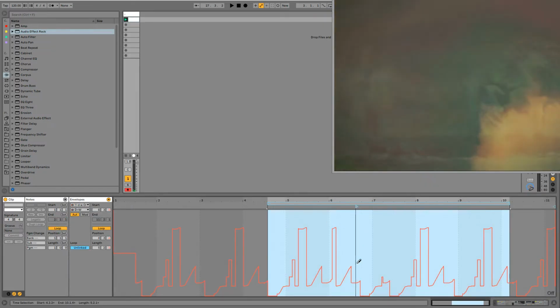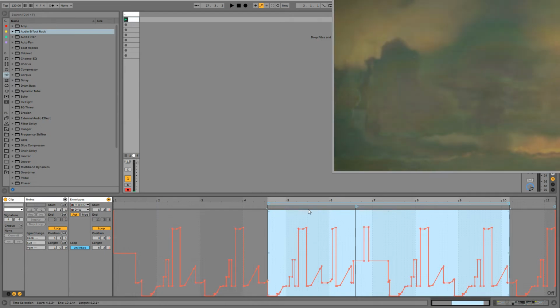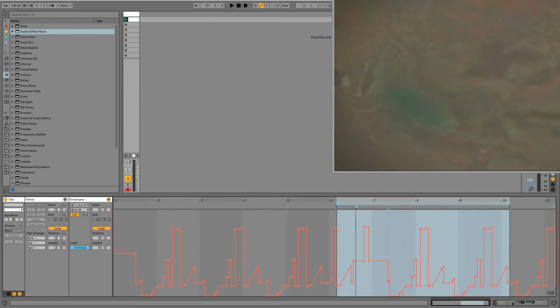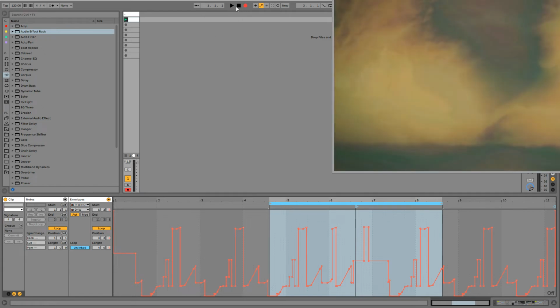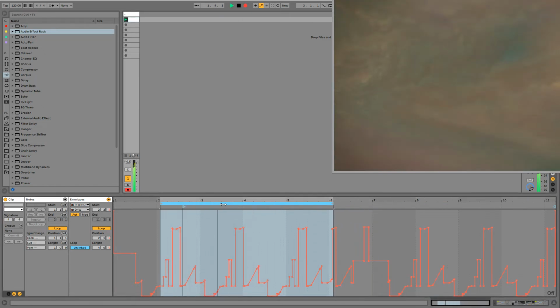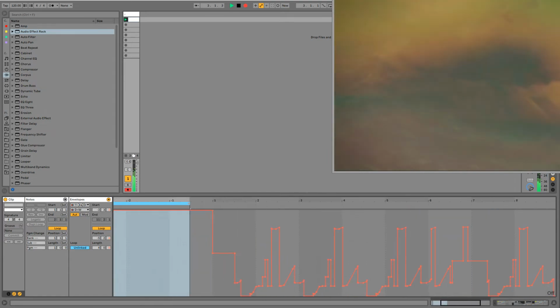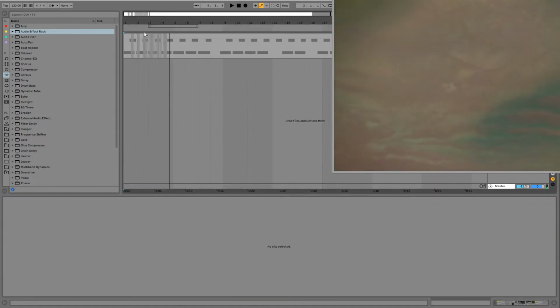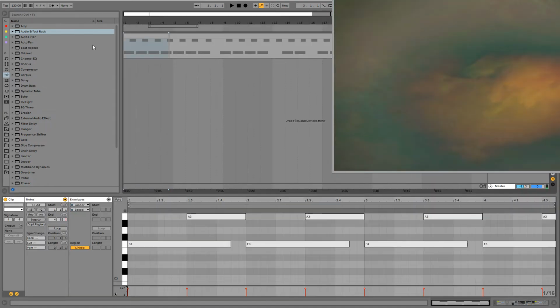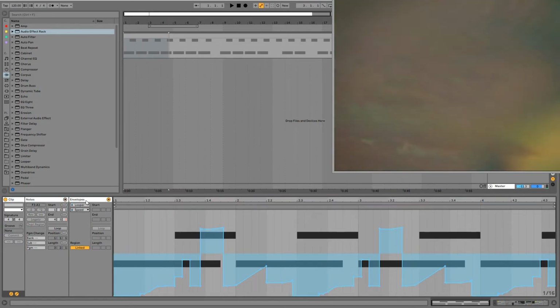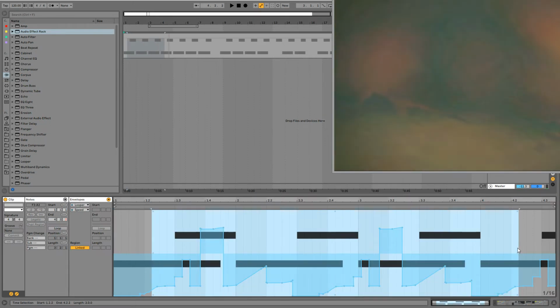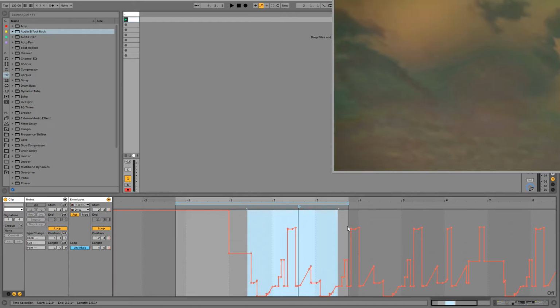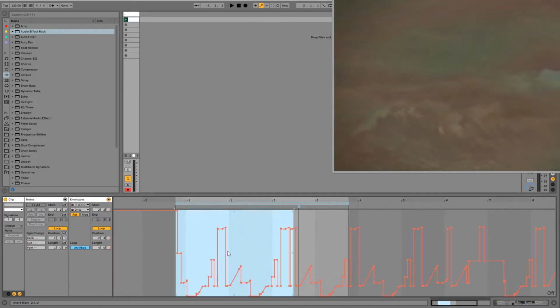Sometimes it's easy to get lost in the mix here. Maybe it wasn't doing quite what I was hoping for. Let's try that again. All right, and let's jump back over here and consolidate some of that and see what we get. And oftentimes what you can get is an odd automation curve there that we can then copy back over.